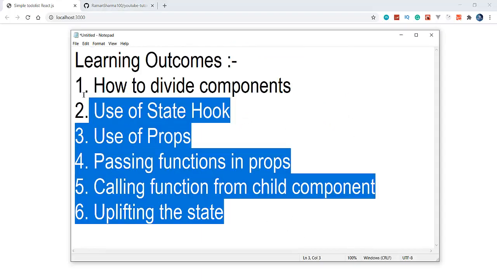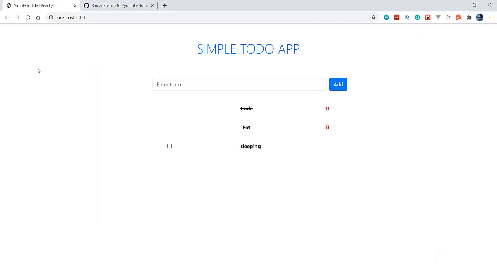This project is very important. This is the most basic project of the React.js series. So please don't skip this video. Please watch this video carefully. I will explain every line of this. The video will be approximately 45 minutes to 1 hour, because I will explain everything about this in detail. So please watch this video till the end and don't skip it.